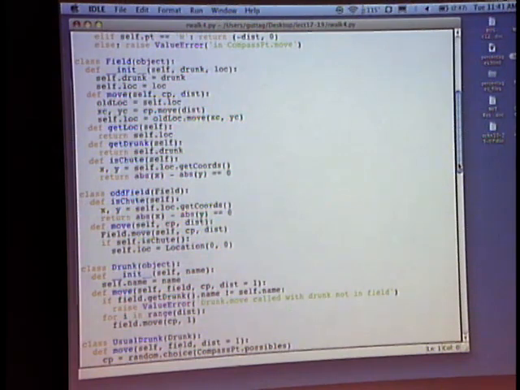Odd field will be a subclass of field. This is not odd as in odd or even. This is odd as in strange. So I'm going to first define where my chutes are. So is chute, we'll get